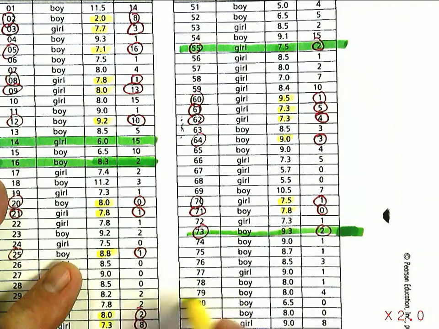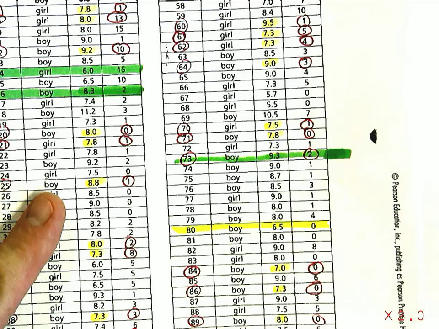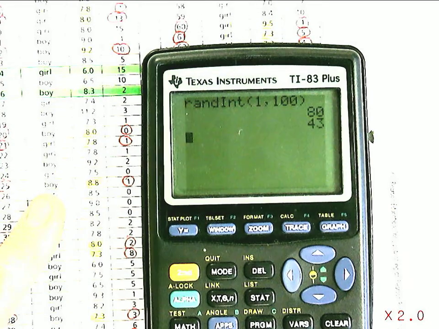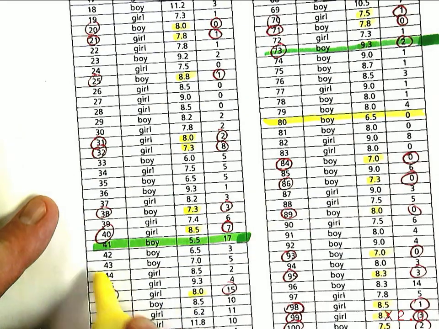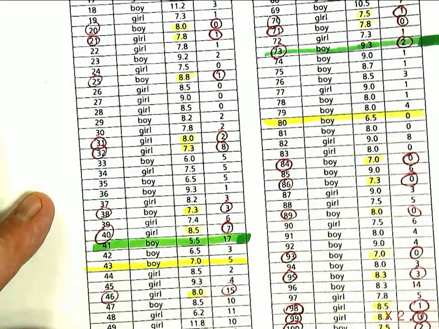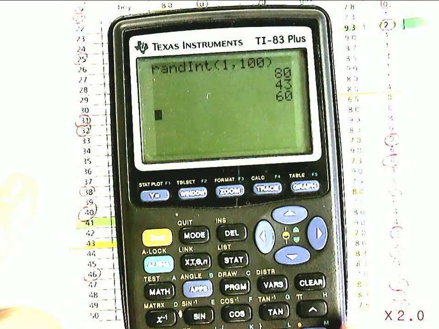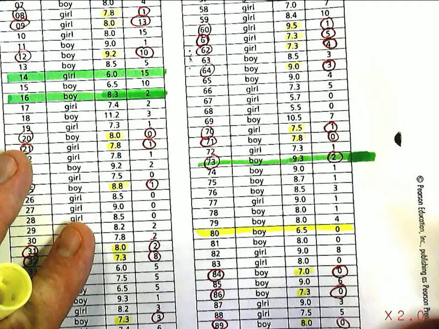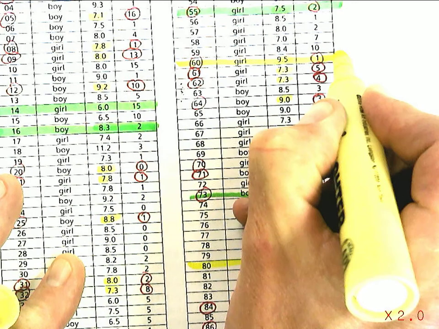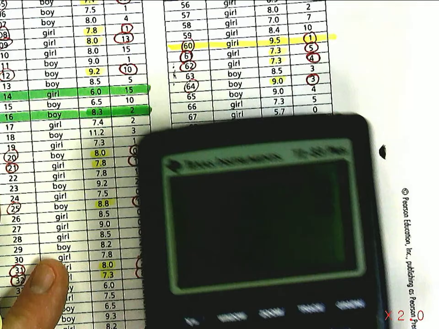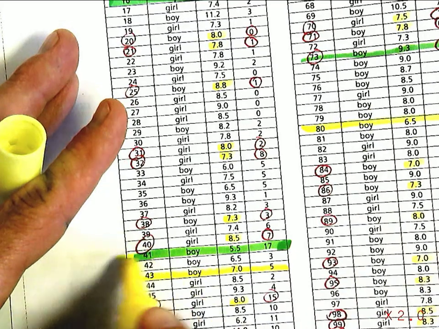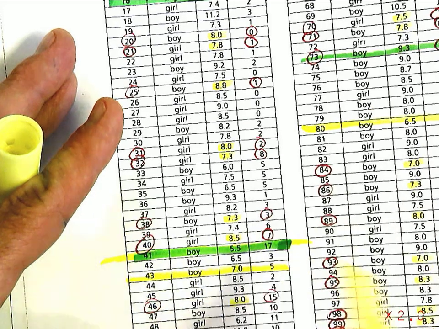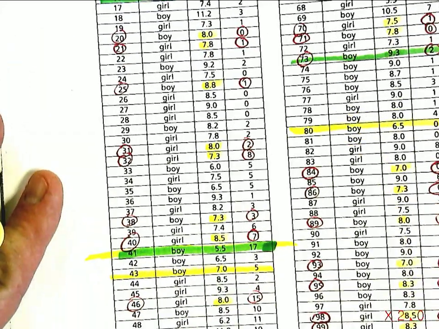So I'm going to pick 10 now this way. So 1, and then for number 43, 2, that's my second one. And then number 60 is chosen at another time. 60, and then 41. 41 got picked in my last one, so I'm going to pick it again. I can mark it there. 41,